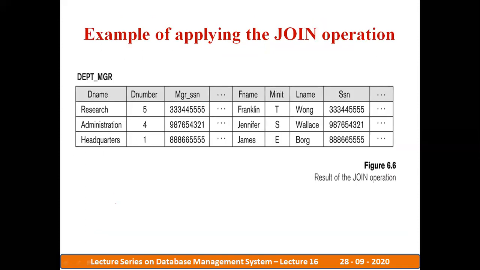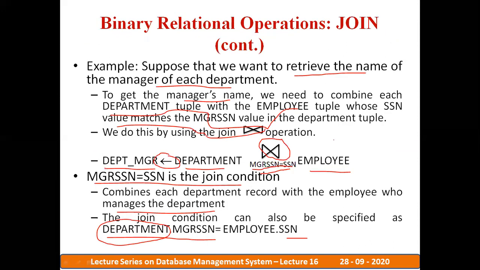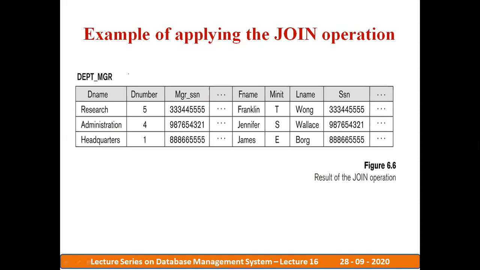After the join operation, that means whenever you combine the department and the employee table, you are going to get this table. You may be wondering how you got the D name, D number, manager SSN at first. As you can see, the left hand side is the department. In this case the department is on the left hand side, that means the first table is the department. So that's why all the attributes of the department will come first: D name, D number, manager SSN, manager start date, then department location.